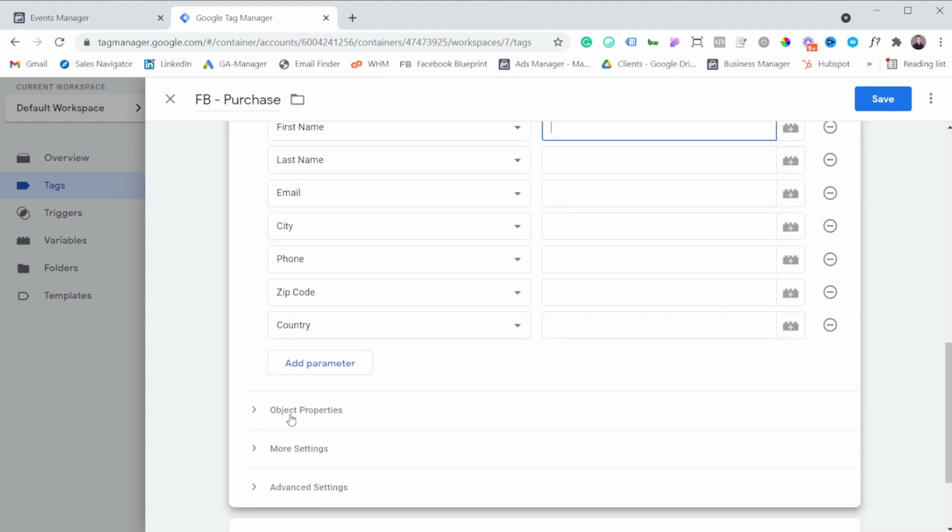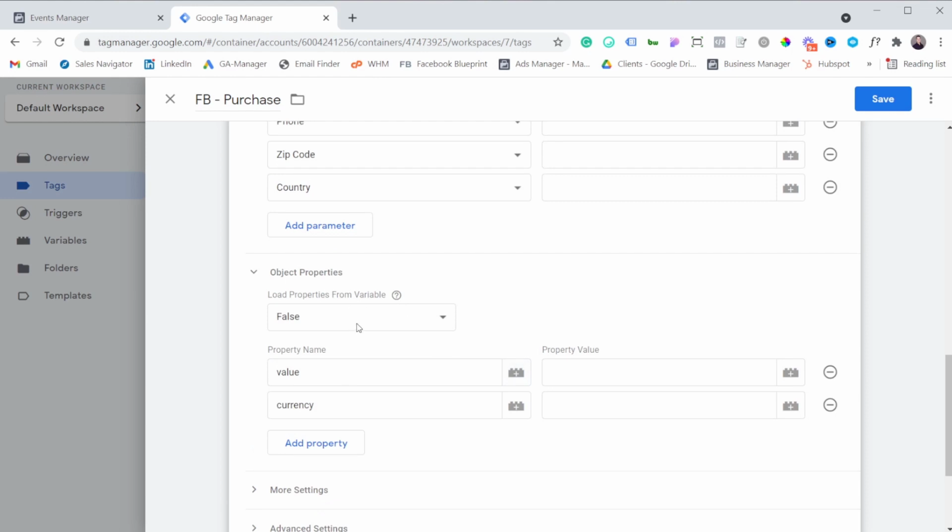Now, if we click on object properties, this is where you can add things with your purchase. And you might also want to add things, let's say, with an add to cart or even a lead event. So here I'm actually sending the value and the currency, and then I would want to set the value and then set the currency. It could be a static value. So let's say that you only sell a product and it's worth $20 and it's always in USD. You could set these static currencies, but most likely, especially the value, you would never want a static value, because